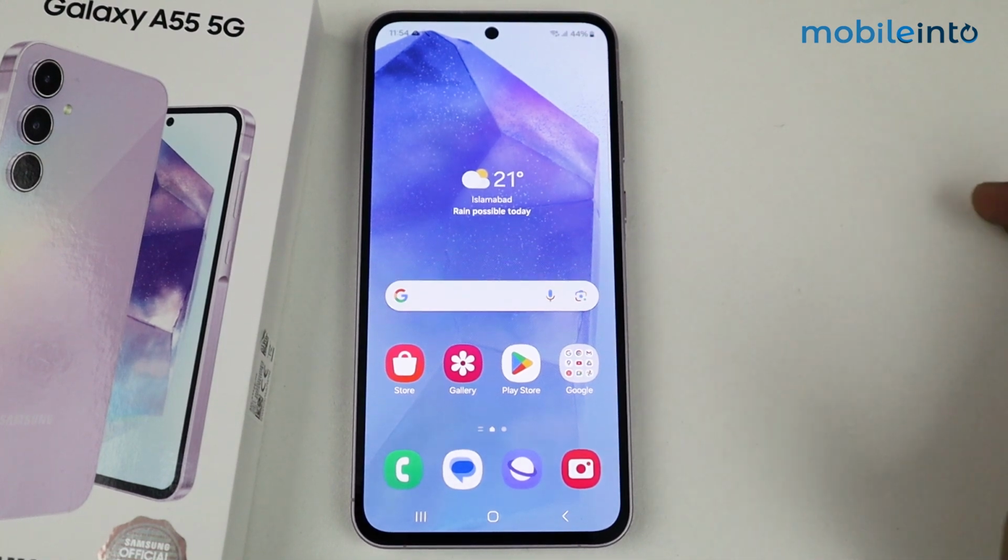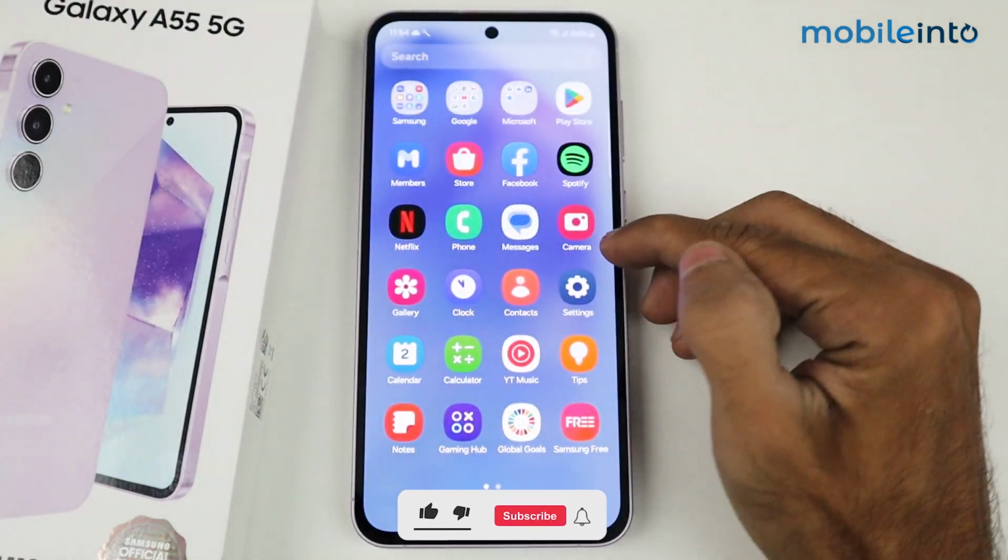In this video, I'm going to show you how to enable always on display in Samsung Galaxy A55 5G device. To turn on the always on display, first of all, you have to go to settings